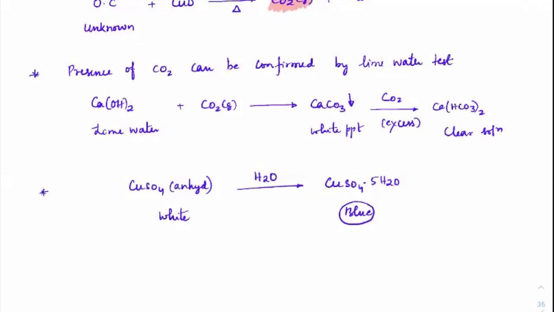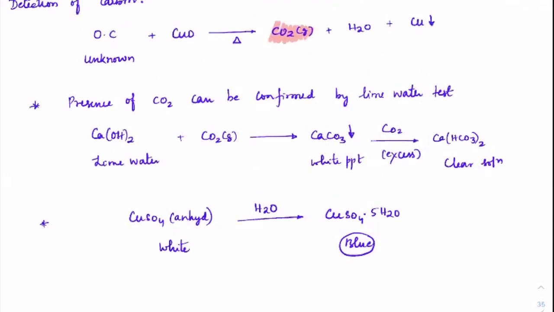If there is sulfur, and let's say sulfur dioxide is coming, sulfur dioxide will also give the same reaction. First it will form calcium sulfite, and with excess sulfur dioxide, it will also become a clear solution. So how do we differentiate sulfur dioxide and carbon dioxide? Usually carbon dioxide will not have any smell. SO2 will have a foul, pungent smell. That is a simple lab confirmation that the gas which has come is possibly SO2 and not CO2. So if it is an organic compound and it has carbon and hydrogen, these are the confirmatory tests we can do by which you can detect the presence of carbon and hydrogen.